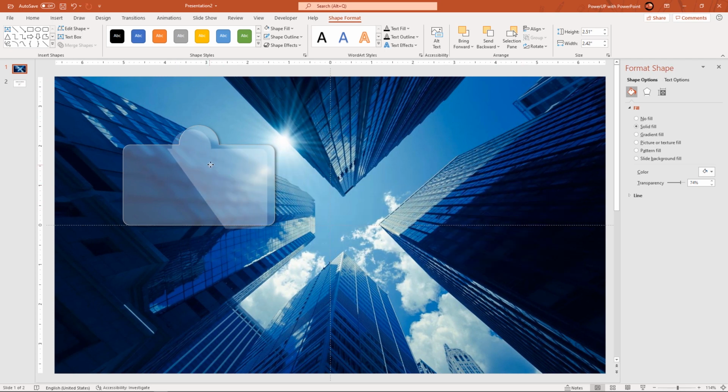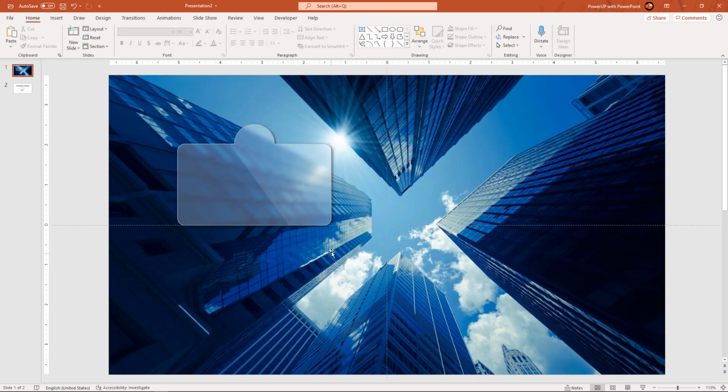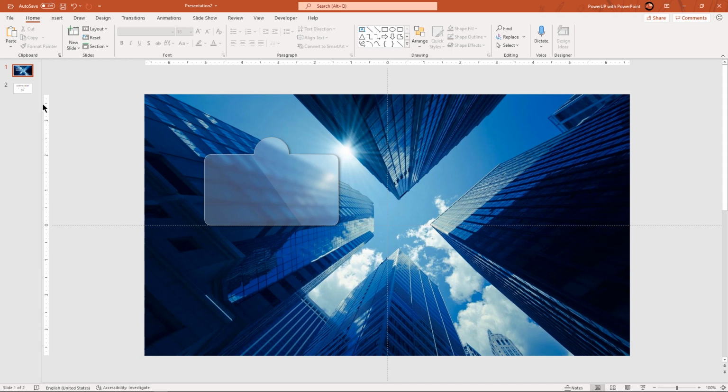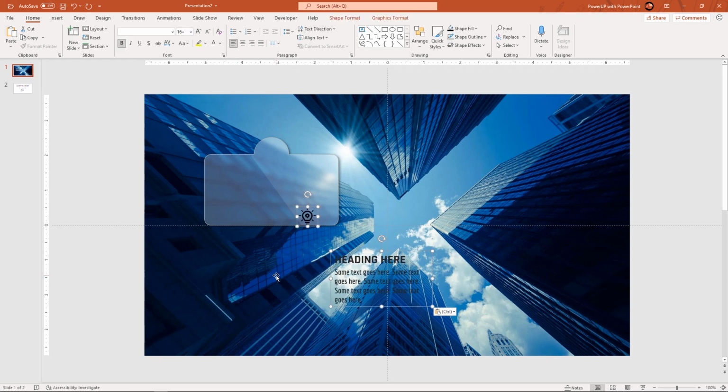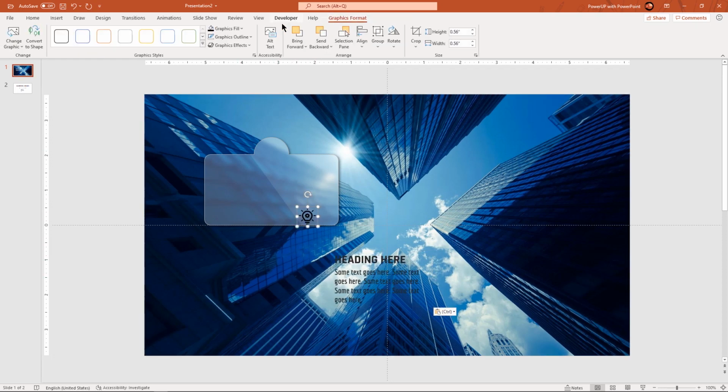Drag and place it on the original placeholder and adjust the transparency level to give it a realistic glassy effect. Next, copy and paste PNG icon and text fields. Change their color to white and place it on our shape as shown.